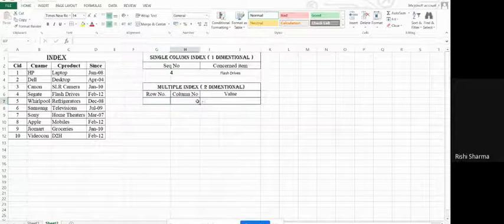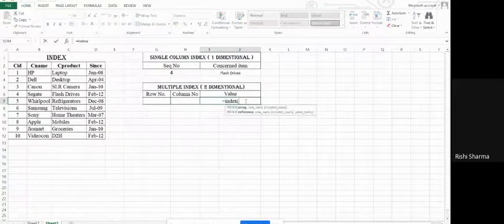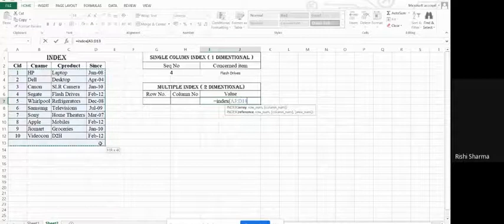10. So when you are selecting 2, 3, 4, you are selecting only these 3 columns, but the condition is that you have pointed this as 2. CNAME is in the second position, so you have to select the whole database. Okay, guys. So when I go to value, I will type equal to INDEX, and I will select the whole database. Why am I selecting the whole database? Because I have taken this column and this column, but I have taken the values 2, 3, and 4. So I have to take the whole database.